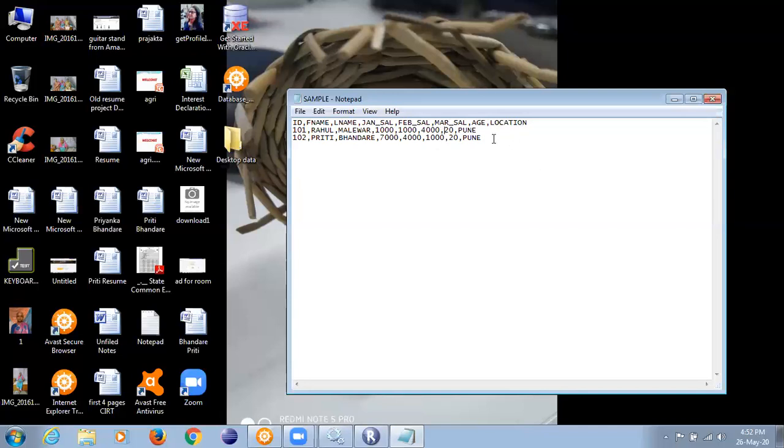Let me give you a straightforward scenario. What we are now trying to learn is, the client has given us a file. The requirement is, the client has given you a file.